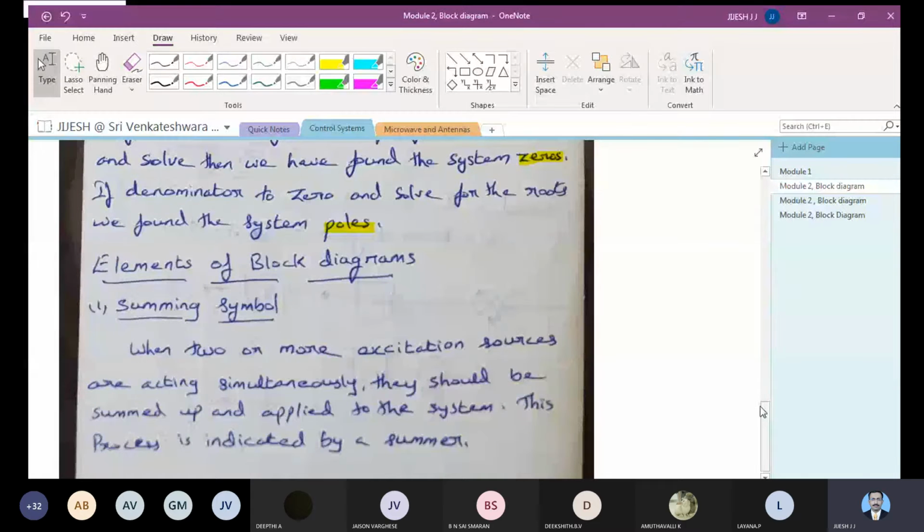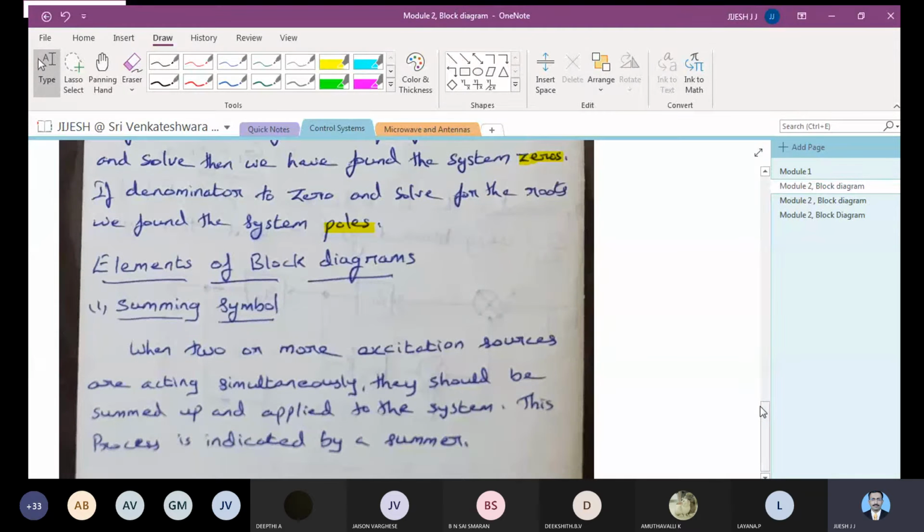What you have to do is think logically how to solve a problem, what is important for you, whether you need to take care of the summing blocks or the nodes, which point you have to move first, whether you have to move it towards the right or towards the left, which block can be simplified further, which is easy to simplify, all those things. As a student, you have to analyze those things before solving the problem. Once you understand those things, solving the problem will become easy for you.